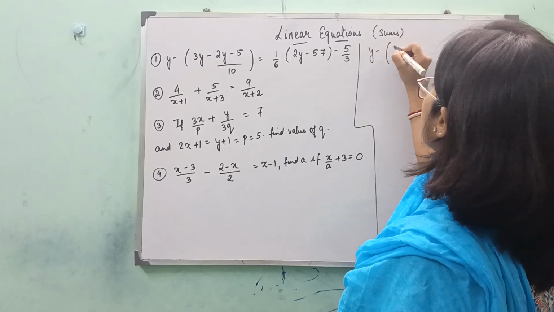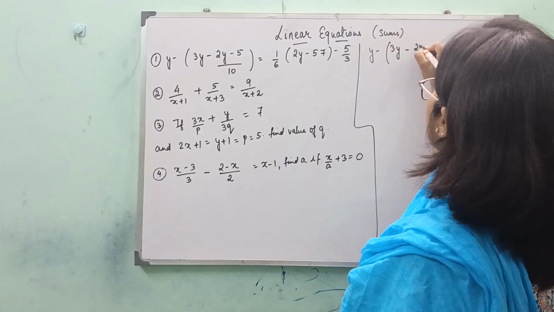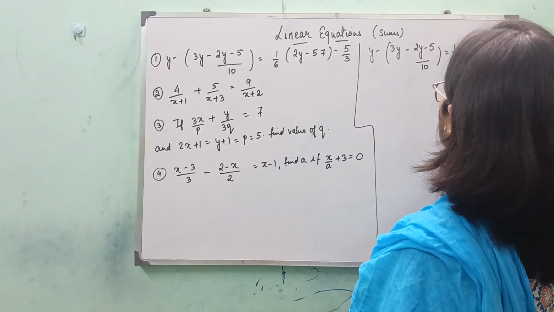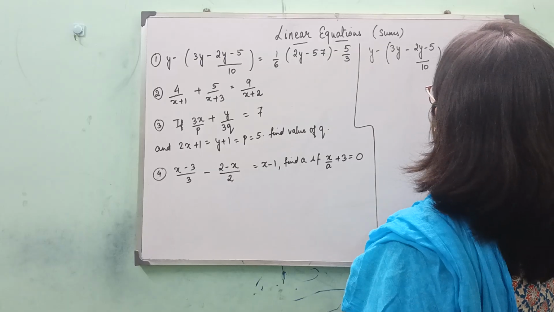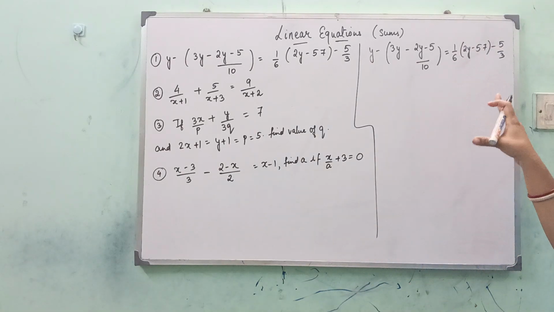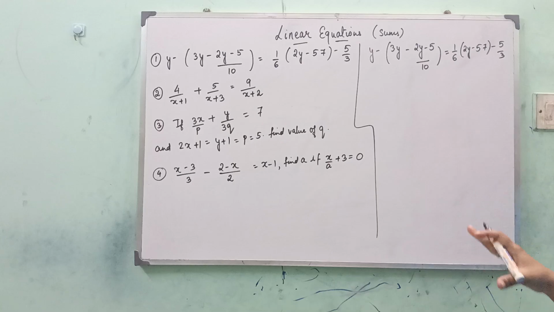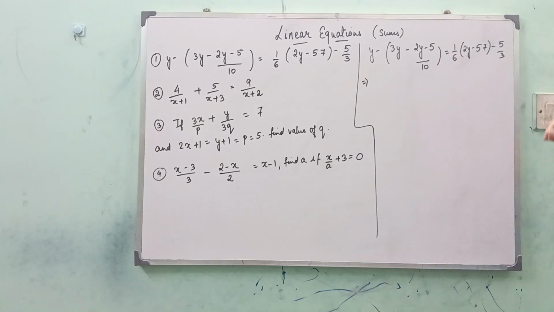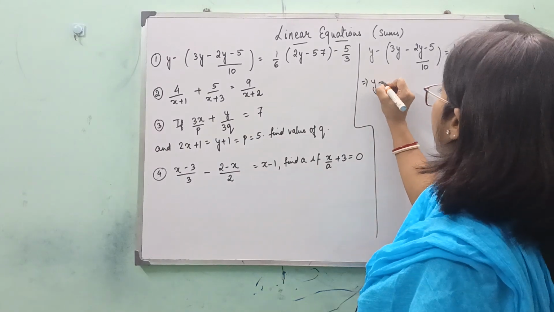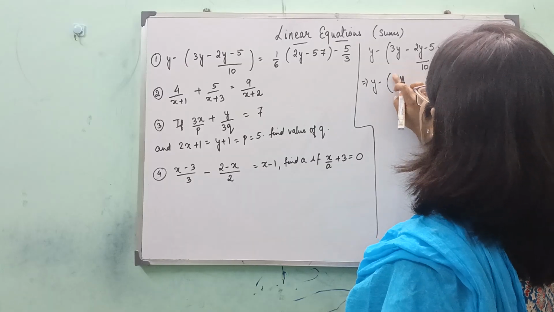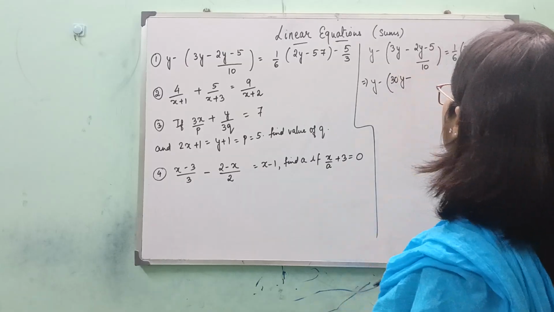Y minus... You can see there are a lot of signs here, so be very careful when you are simplifying the sum, resolving the brackets, and take care of the denominators. So we'll start solving by simplifying the brackets. So y minus 3y. So now we can take an LCM directly over here. So it becomes 30 minus